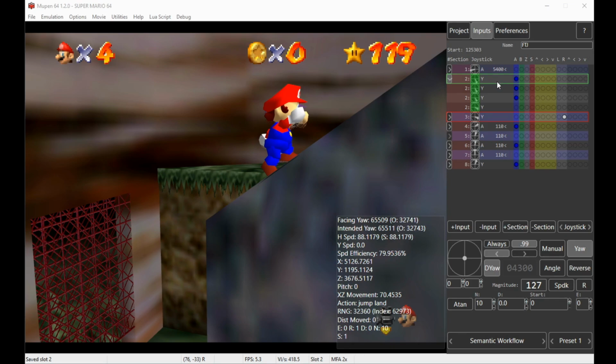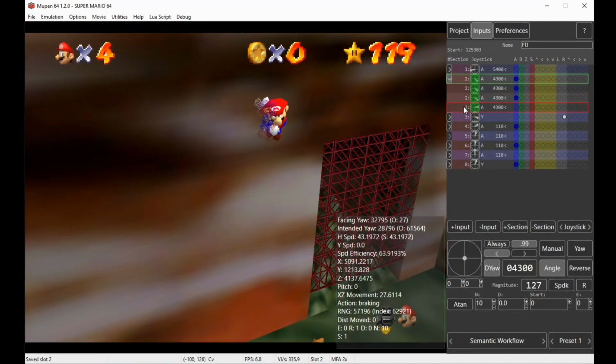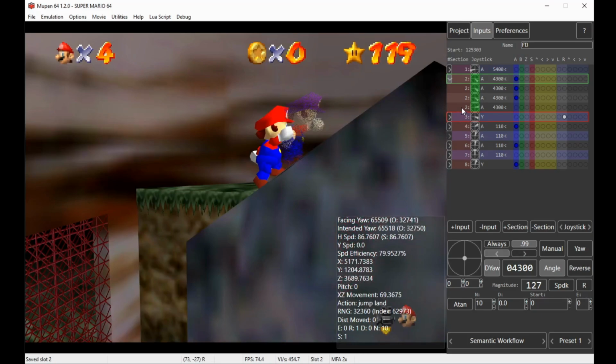That's the active frame. And whenever I change anything here, like the state from match yaw to match angle with the yaw again, then it's going to copy all of that state to these green joysticks, the frames that have these green joysticks. So all of these are doing a slightly different thing now. You can see this last one here